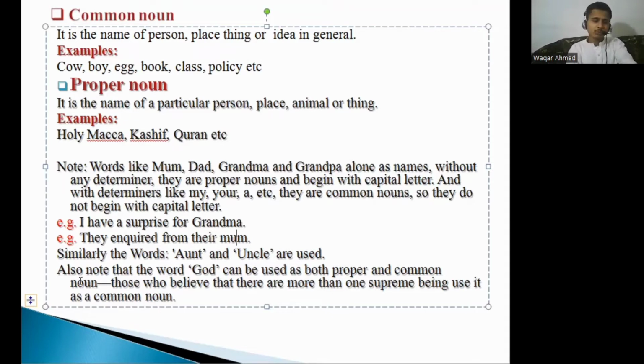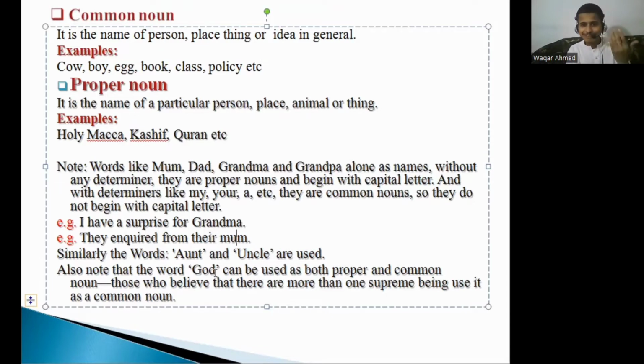Now, one more thing that I would like to highlight here is that the word God, when you study theology, when you study other religions, right? So there are some atheists as well, there are some agnostics as well, and there are some people who are polytheists who believe in more than one supreme being, right? So for those people, the word God is actually a common noun, while for Muslims who believe in only,